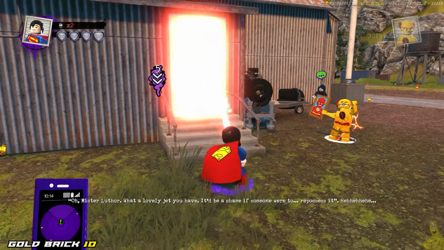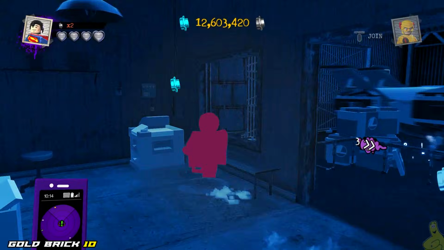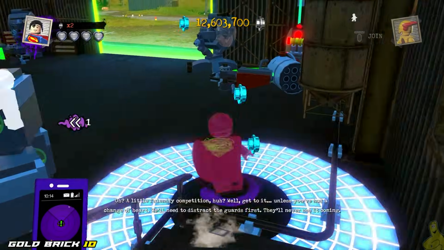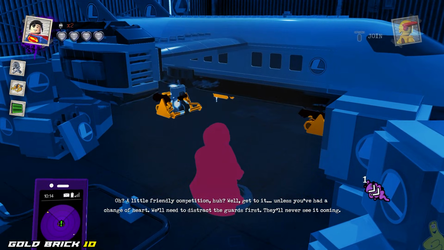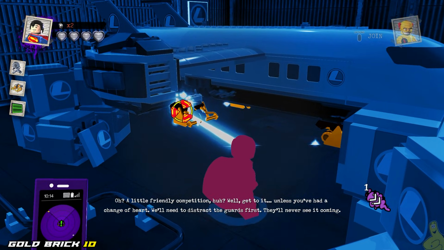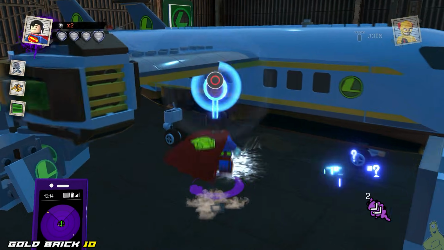Now, somebody like Superman could get her done just fine. Once we open the door, we get inside. We've got all sorts of mayhem ensuing. As you can see, there's some sort of a force field on the doorway there, but that's not what we need to focus on. We need to use our detective ability over by the plane, which should reveal 3 gold